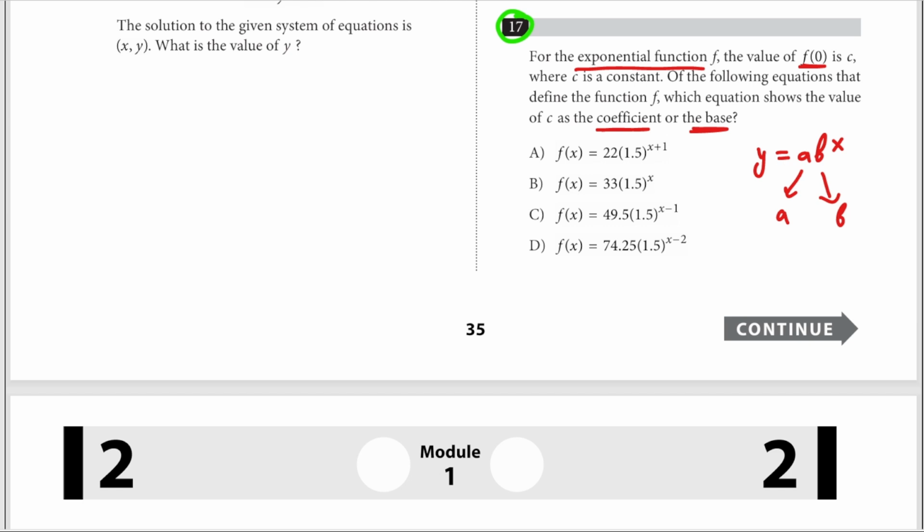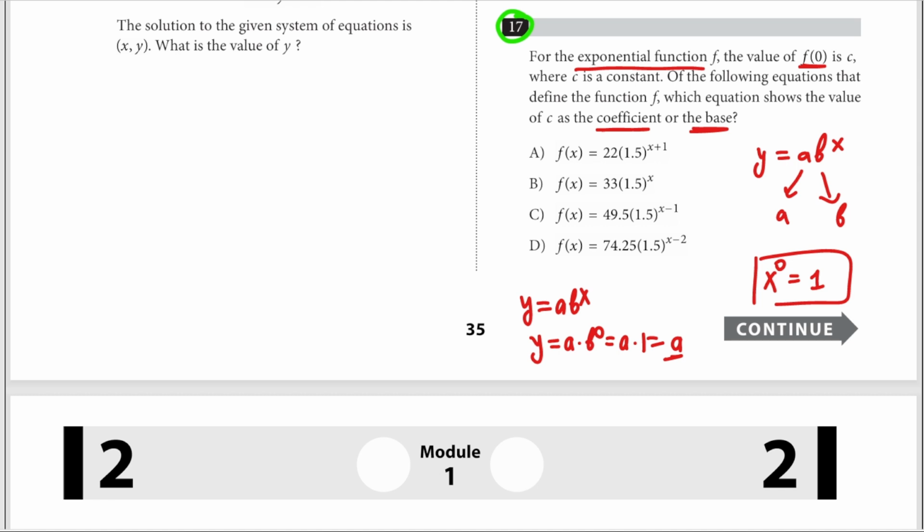Now here's the thing with the exponential functions. Since it's an exponent, we need to know the rule. The rule is x to the power of 0 is always equal to 1, except for when x itself is equal to 0. So we just need to memorize this rule essentially. So why is that important? Because when we have the function y is equal to a b to the x, and we plug in x equals 0, we get y is equal to a times b to the 0, which is equal to a times 1,